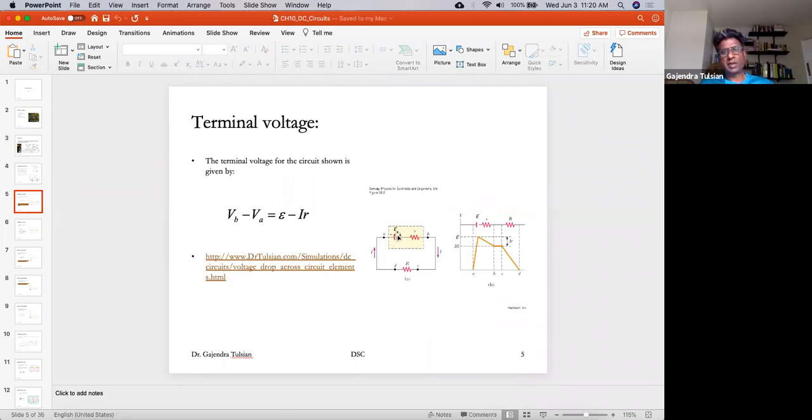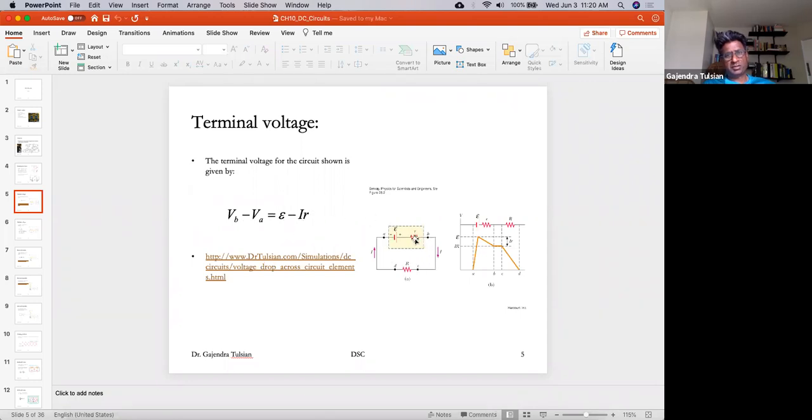Here's the more realistic battery. So here is the battery, and this is what is called the internal resistance of the battery. Now, the voltage your device will see is the voltage outside the battery, and this is called the terminal voltage. So the voltage between point B and point A is called the terminal voltage. This is the load that you've connected to the battery. And this formula tells you the terminal voltage, VB minus VA, is the EMF of the battery minus the current drawn